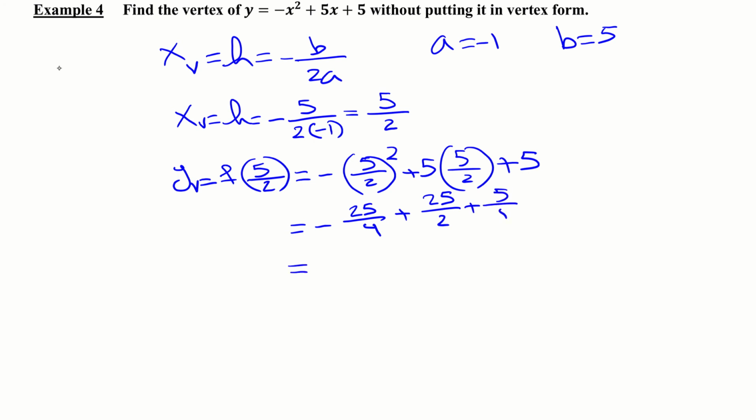And of course we can go ahead and find the common denominator of 4, so that means we're going to have to multiply this by 2 and the same there, and this one by 4 and the same on the top. So we end up with negative 25 plus 50 plus 20 all over 4. So 50 minus 25 we know is 25, plus 20 will give us 45